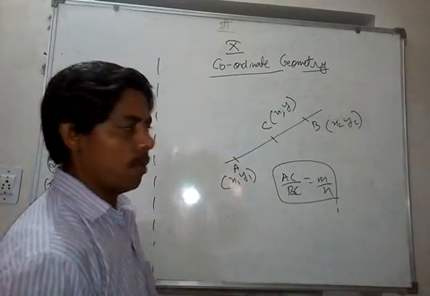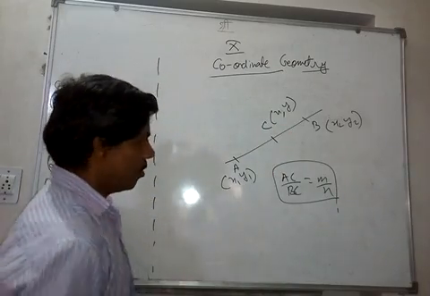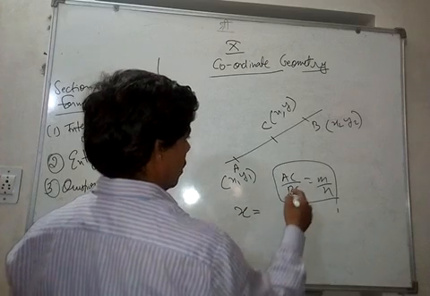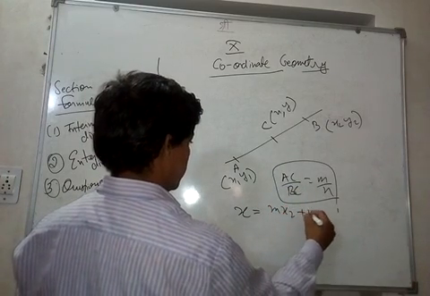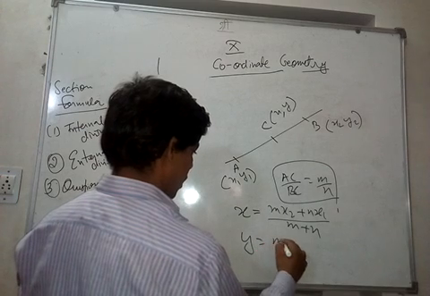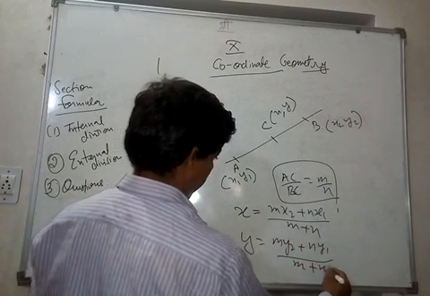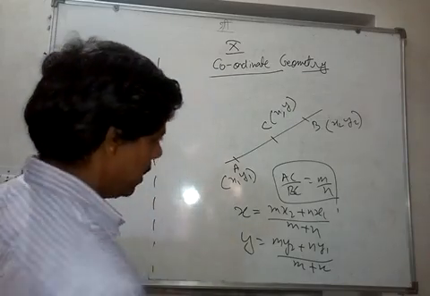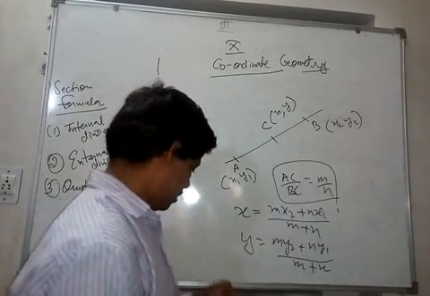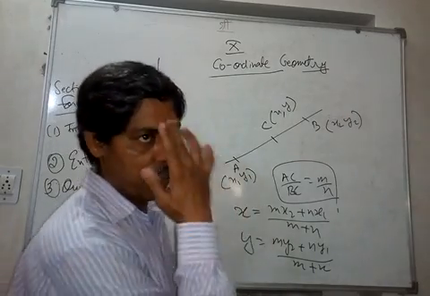So the question is normally asked like this: what are the coordinates of C? In order to find this, we will write: x is equal to (mx2 plus nx1) upon (m plus n), and y is equal to (my2 plus ny1) upon (m plus n), right? So where do you get this formula? That is called a derivation, but derivation is not asked. What is asked are the questions, but still we'll see the derivation so that you understand some part.